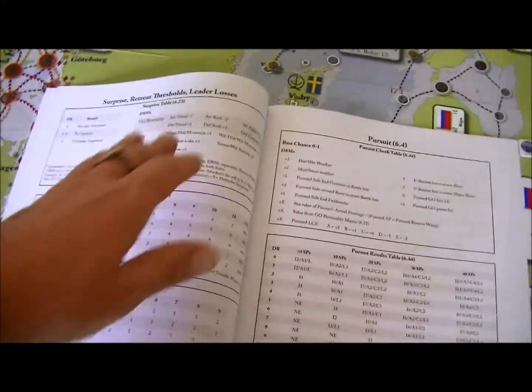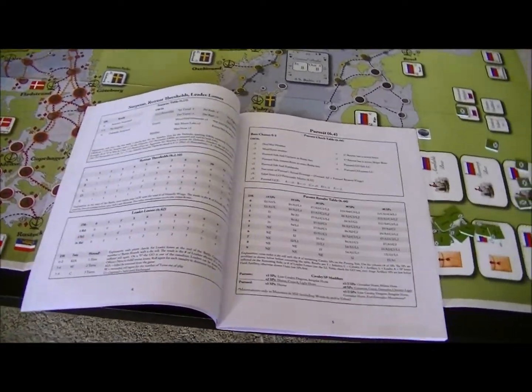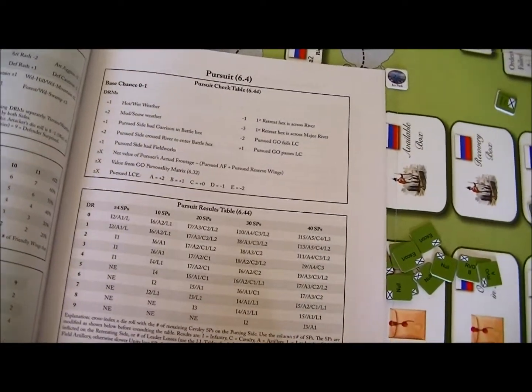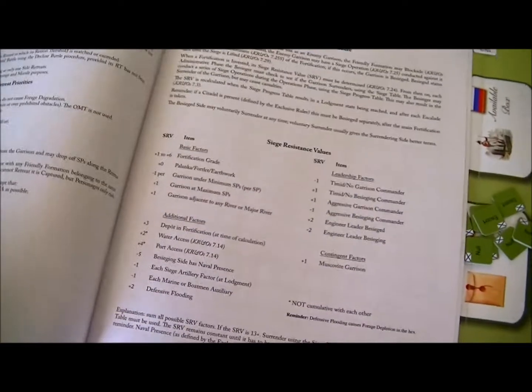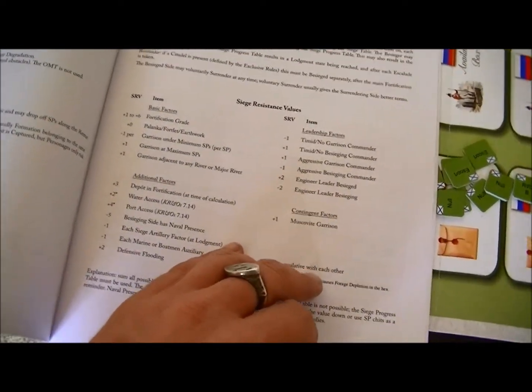Now, surprise affects a few things, like you can't construct field works if you're surprised, and you can't withdraw from the battle if you're surprised. Checking to see how much time I have, and it looks like very, very little. Okay. Well,